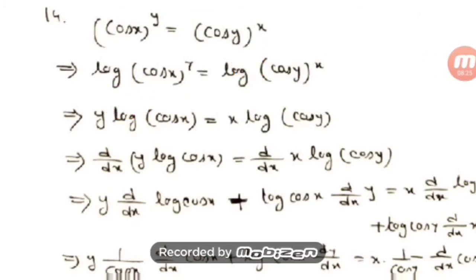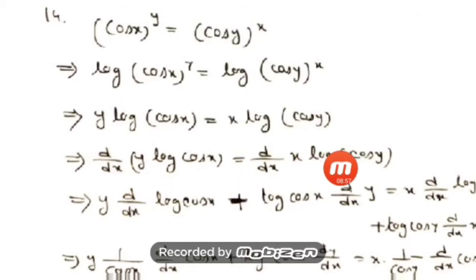You see, for each and every question I used to say what method I have applied. Because in your exam, the questions just say differentiate, but what method to apply is generally not mentioned. You have to decide yourself what is the proper method of doing the differentiation. That's why I used to say everywhere what the method is and why I have applied this method. Okay, try to clear these things. So here, taking the power as a product, y will come as a product, log of cos x, and x will come as a product, x into log of cos y.